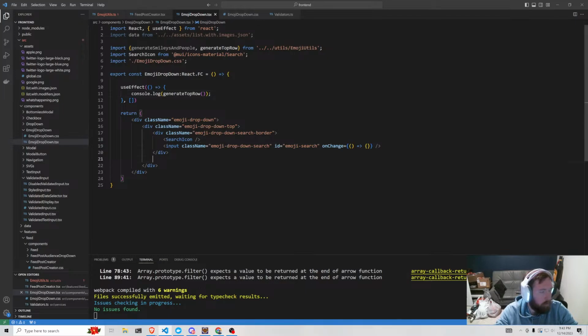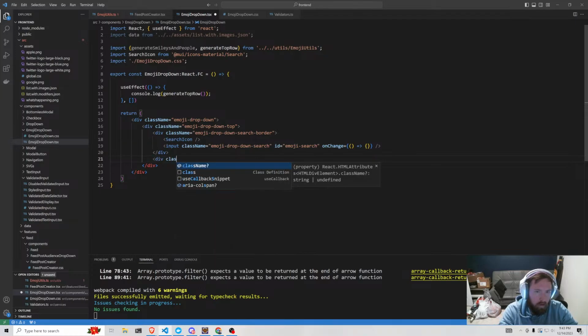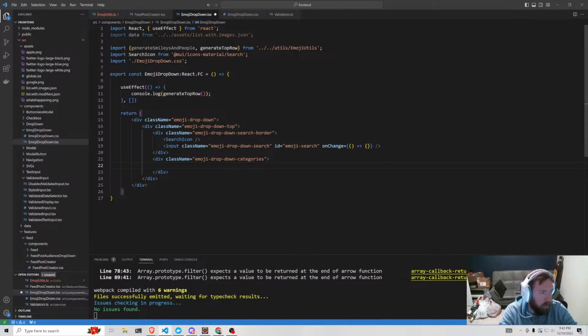So the top will have a div, the class name equal to emoji-dropdown-categories, maybe. So that's what these are, our categories. And then let's just go ahead and say we're gonna say